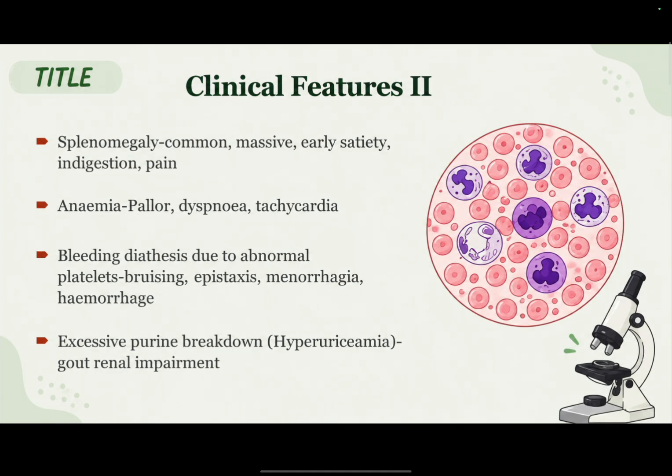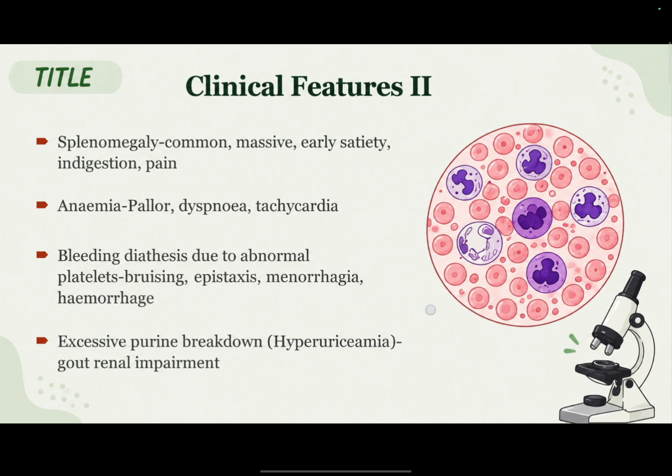Physical examination is dominated by splenomegaly, which is characteristically massive and firm. Patient often presents with complaints of early satiety or left upper quadrant abdominal pain due to gastric compression by spleen. Neoplastic myeloid proliferation crowds out normal hematopoiesis, leading to anemia, causing pallor, dyspnea, and tachycardia. We also observe a bleeding diathesis due to dysfunctional platelets,